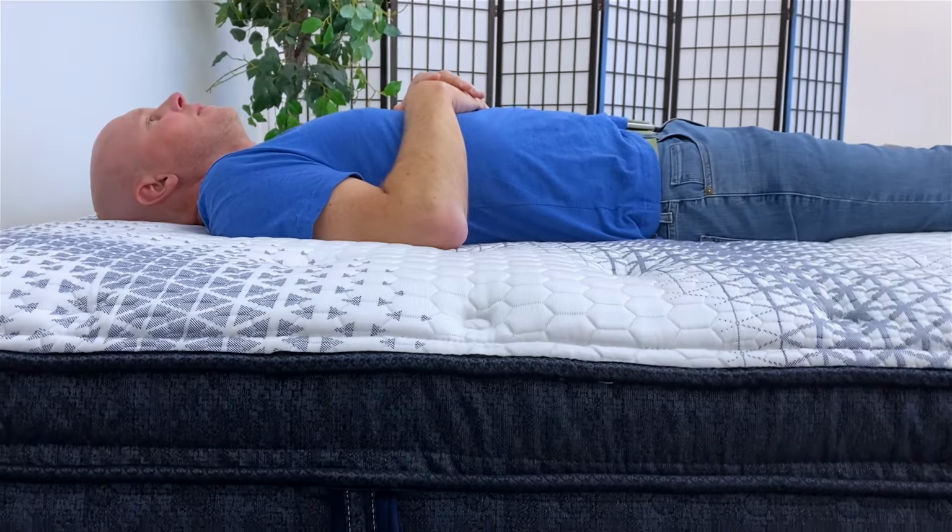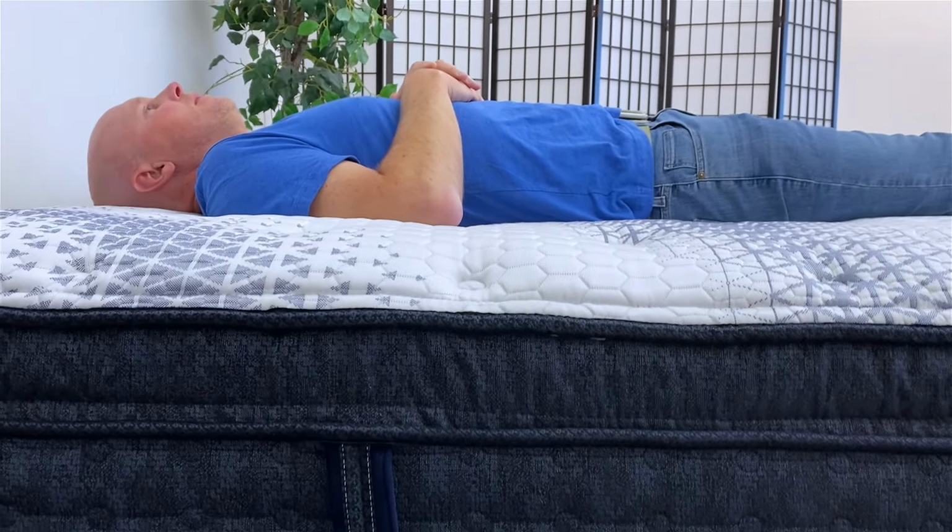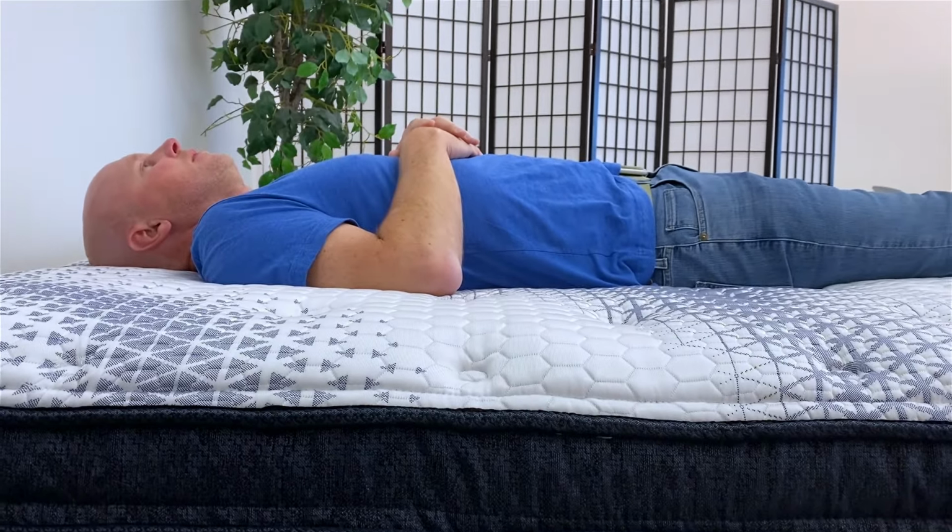And really, I'd feel like it would still be at least good, if not very good, for even the heaviest side sleeper. Back sleepers, also very good spinal alignment. Again, you're going to get the effect of that lumbar support when you're on your back position. That's where it's going to hit you. And that is also really important. So I think that maybe all back sleepers are going to have at least very good spinal alignment, with the